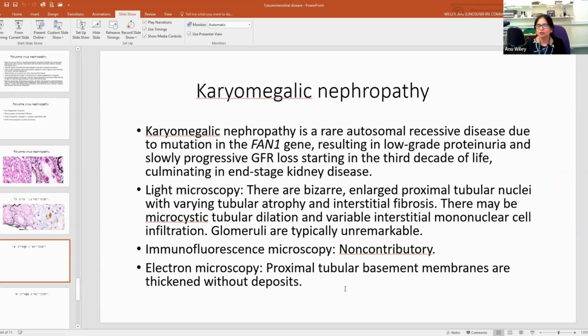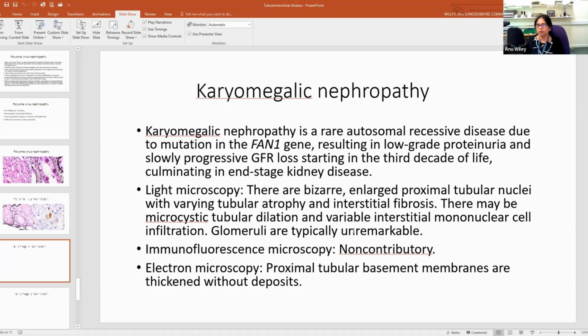Along with that, I thought I'd mention a condition called karyomegalic nephropathy. Karyomegalic nephropathy is not an infection. It is a rare autosomal recessive disease due to mutation in the FAN1 gene, and it presents with low-grade proteinuria and slowly progressive loss of GFR. Generally, it occurs in the 3rd to 4th decades of life and can end up in end-stage kidney disease. On light microscopy, you will have bizarre enlarged proximal tubular nuclei with interstitial fibrosis and tubular atrophy,